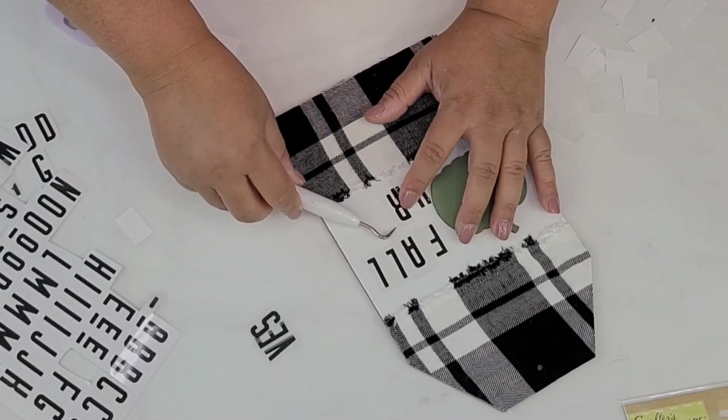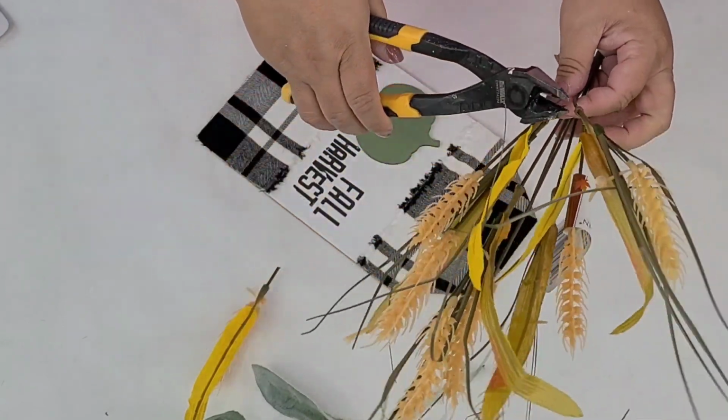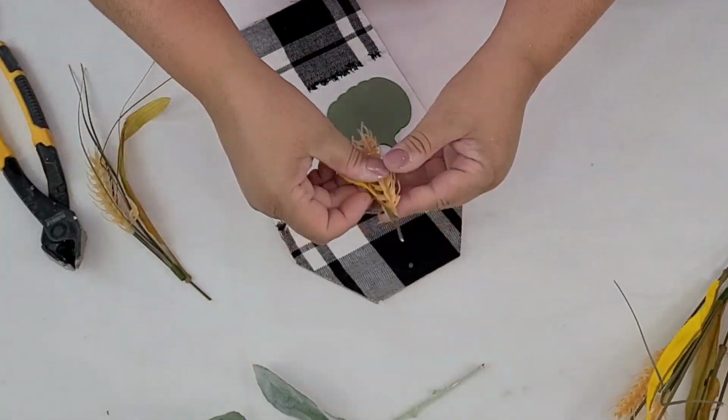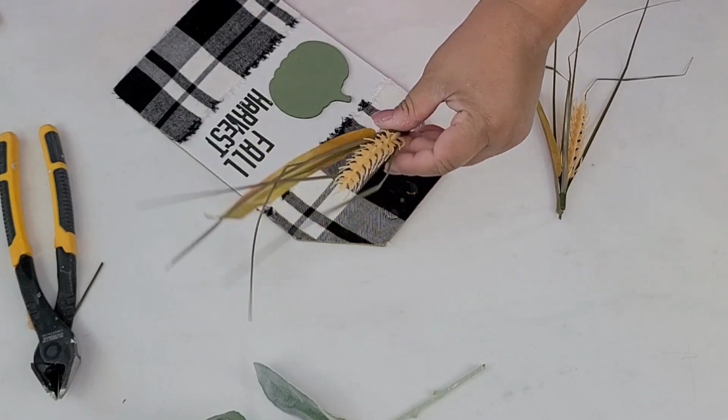But they kept sticking to everything, and then I didn't have enough letters. And how does it look? Does it look okay? I don't know. I think it's fine. Anyways, I am going to take some of these Dollar Tree picks, and I'm just going